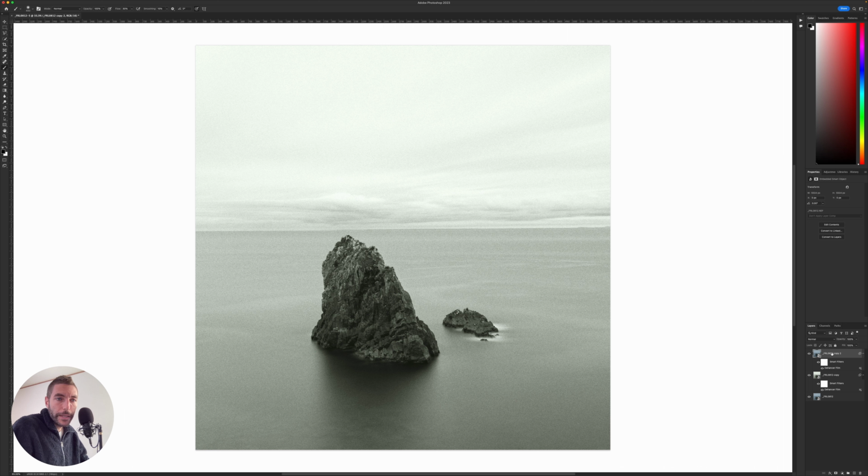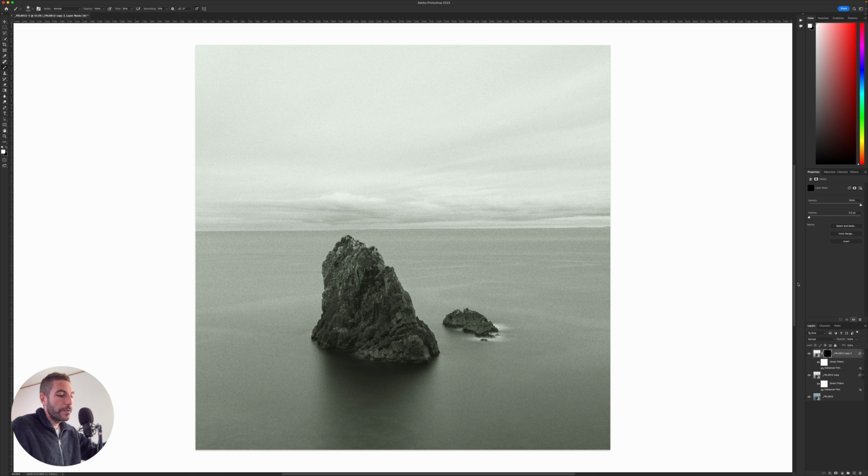Then I'm going to apply this, and as you can see, this is going to apply the effect to all the image. But what I can do is I can add a mask here by clicking on here, then I can invert it, and in this way, if I choose a brush by using B on my keyboard, I can go in and I can just brush in the effect on the part of the image that I want to apply the effect to, in which case the rock.